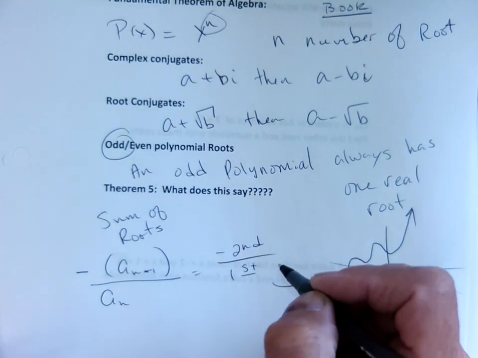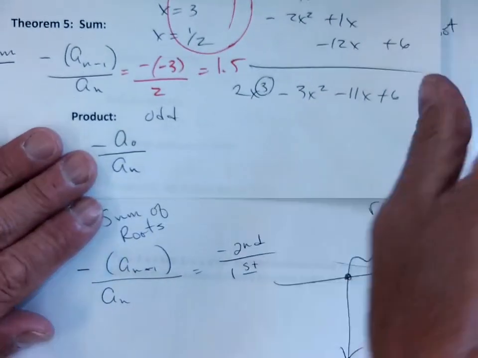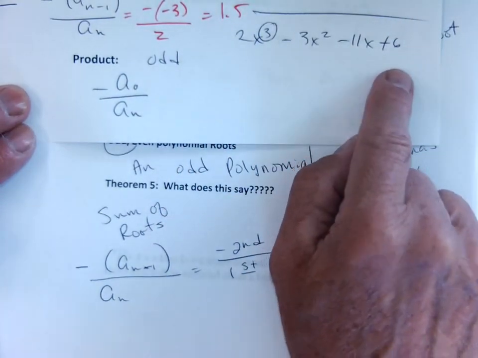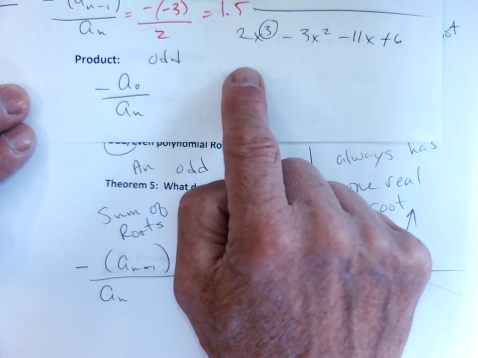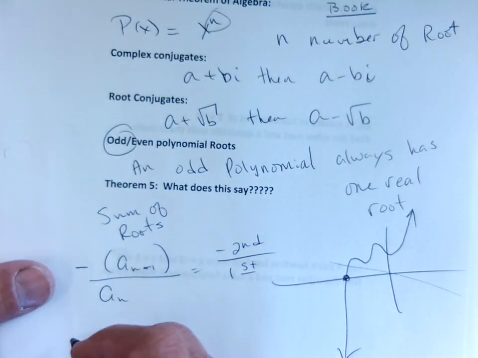What does that tell you? Only what the roots add up to. You may not even know the roots, because if I were to throw this problem down right here without factoring it, you don't know the roots, but we can find out the sum of them and never know what they are, okay? And then the product,